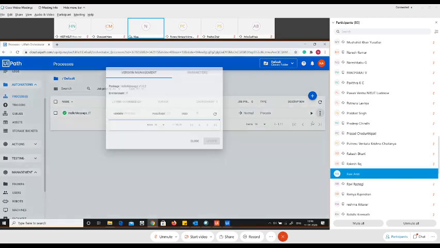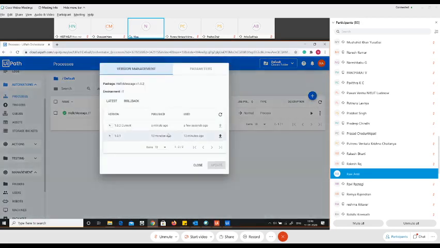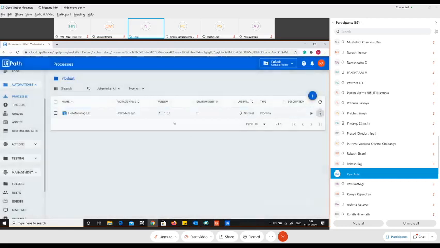So you can go again to the previous version option, and then you can say I want to use this. So orchestrator gives you the flexibility to run any version of the processes that you want. Today you're working on one process, and tomorrow there is an update and you updated it, and then you run the new process. But then later there's a requirement where the client said, no, I don't want this, I want the previous version again. So you can hit use over here, and now you can see this is again back to the version 1.0.1, and when you run this, it will run the program. That is, this is our first program.